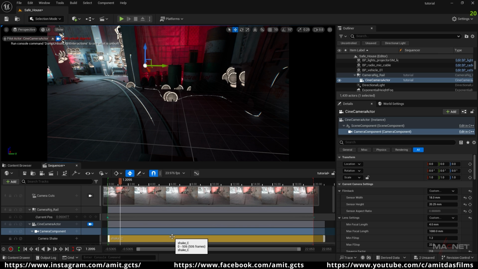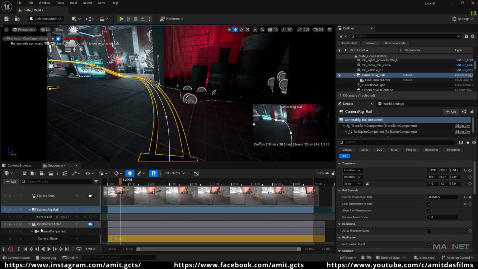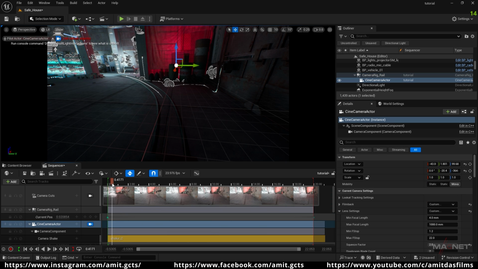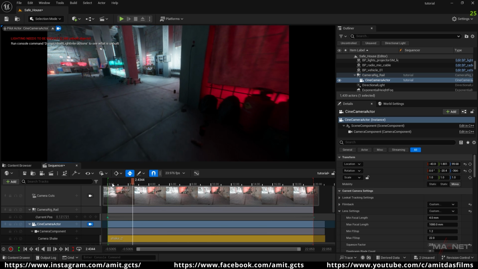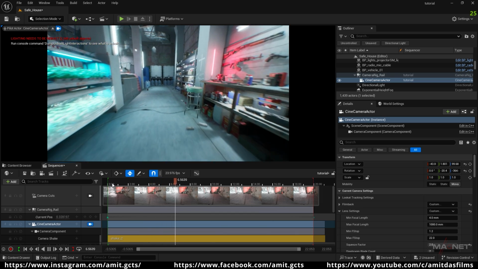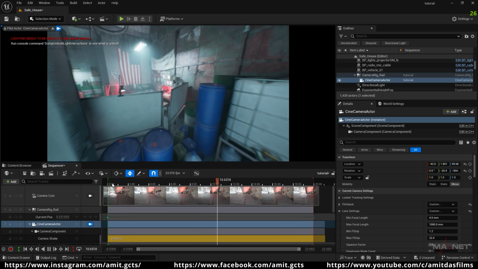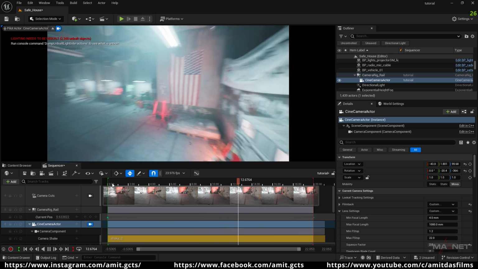Okay, so one thing we can do is go to this camera rig rail and then go to its details panel, and here you will find this Lock Orientation to Rail. Just check this box here. And now if you play, you can see that our camera is oriented towards the rig rail here. Okay, so this looks really amazing, and you can make a path for your camera and your camera will follow